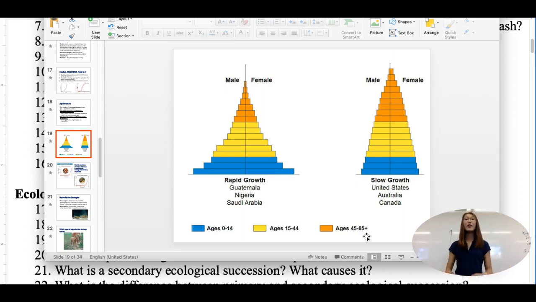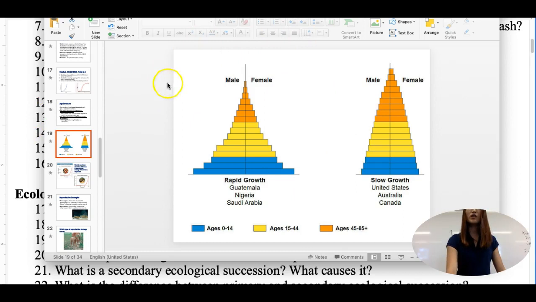It could tell you how fast the population can grow. If you have a lot of really young people, or the age group where individuals can be reproducing, or if you just see there are a lot of babies, that tells you that the population is growing really fast because a lot of offspring are being produced, and then the amount of older people is a lot less. And then in this case, there's a slower growth in comparison to the first graph because you have less of the offspring of the younger people within this population.